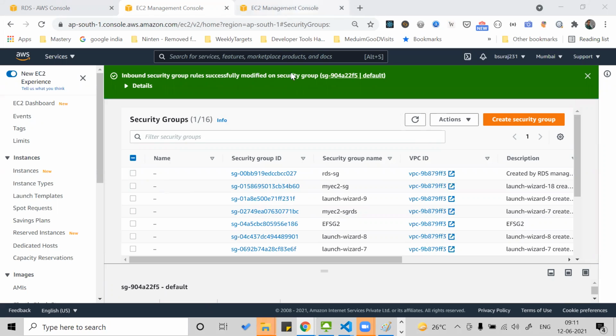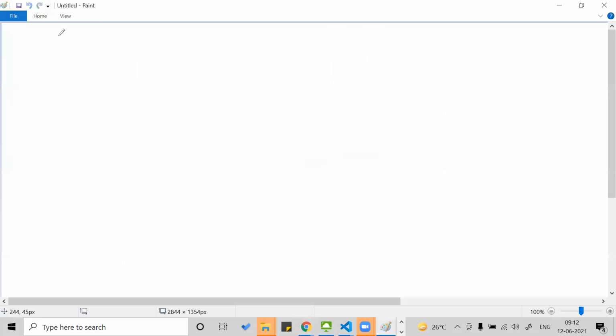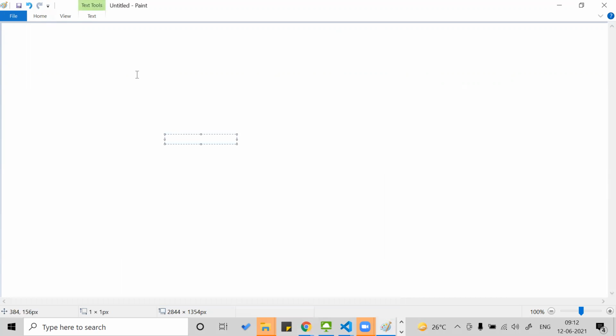Now you have a command. Now you have the EC2 server where you have updated everything. You have the RDS where this security group is whitelisted. In the MySQL, use the name of this RDS, the username for this one, and if a password is required. So let's see the command how it is. Let's open the command. So this is the command which will be used.